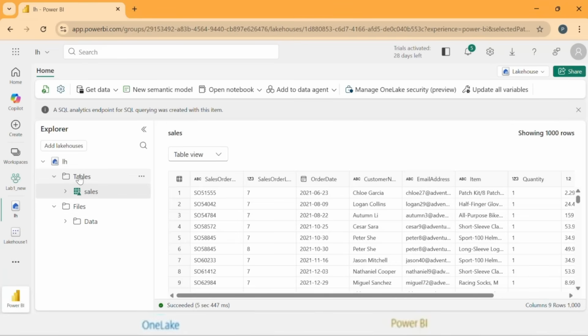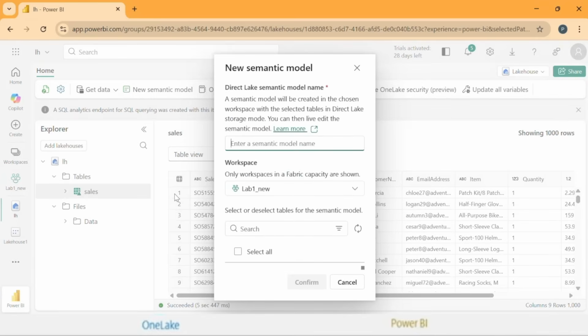Now, here is how you do it. You just create a new semantic model here. Give a name to the new semantic model. I just give the name as new sem model. Choose the appropriate tables. You can even choose the workspace. I choose all the tables because currently I just have one delta table in my workspace.